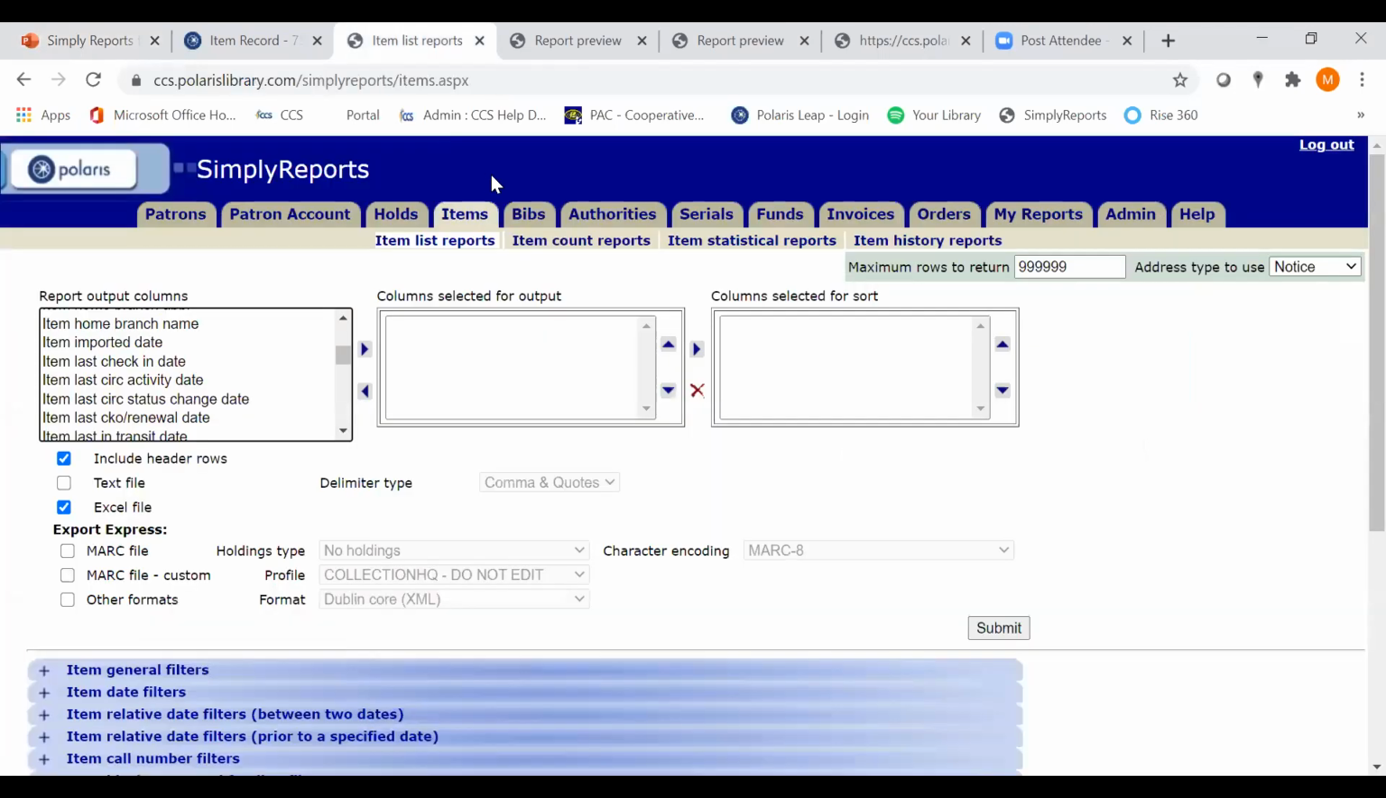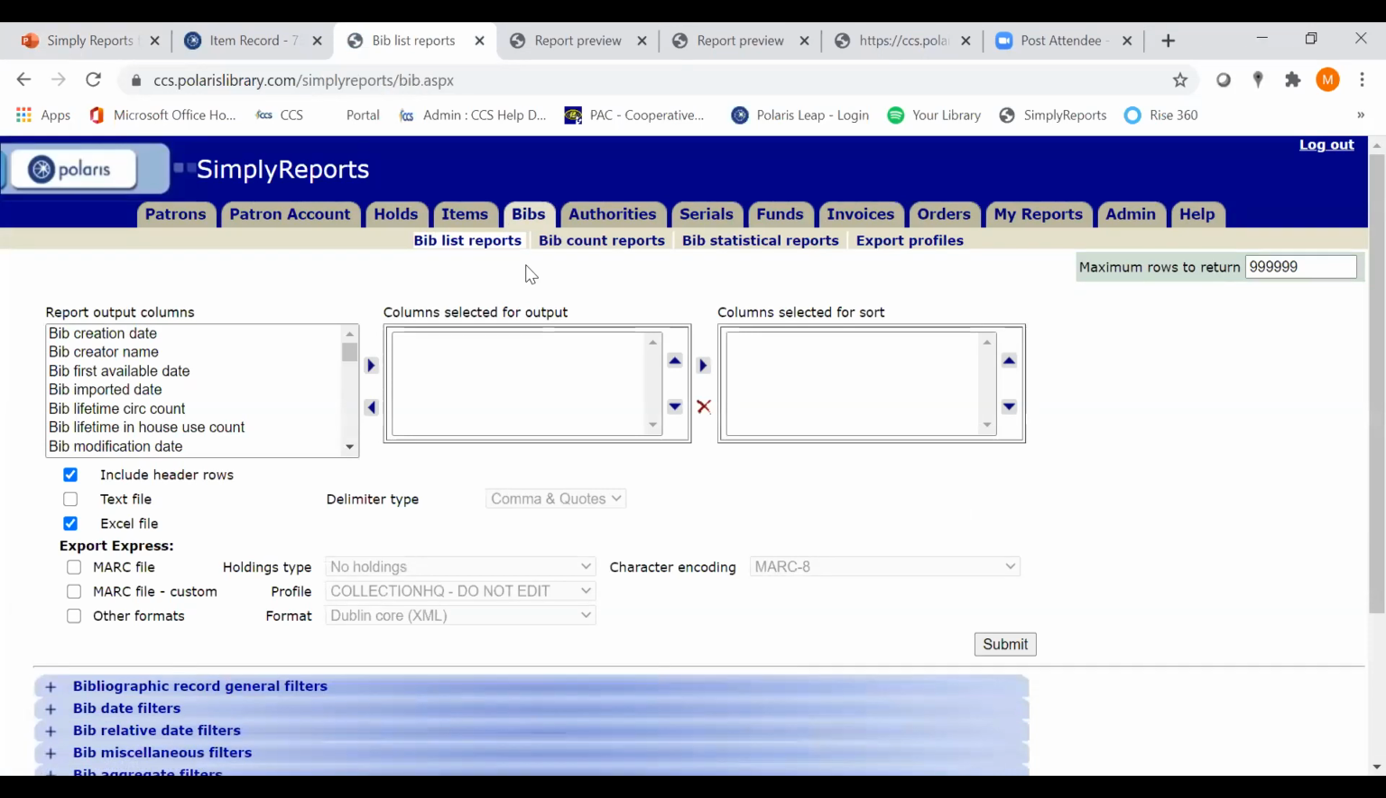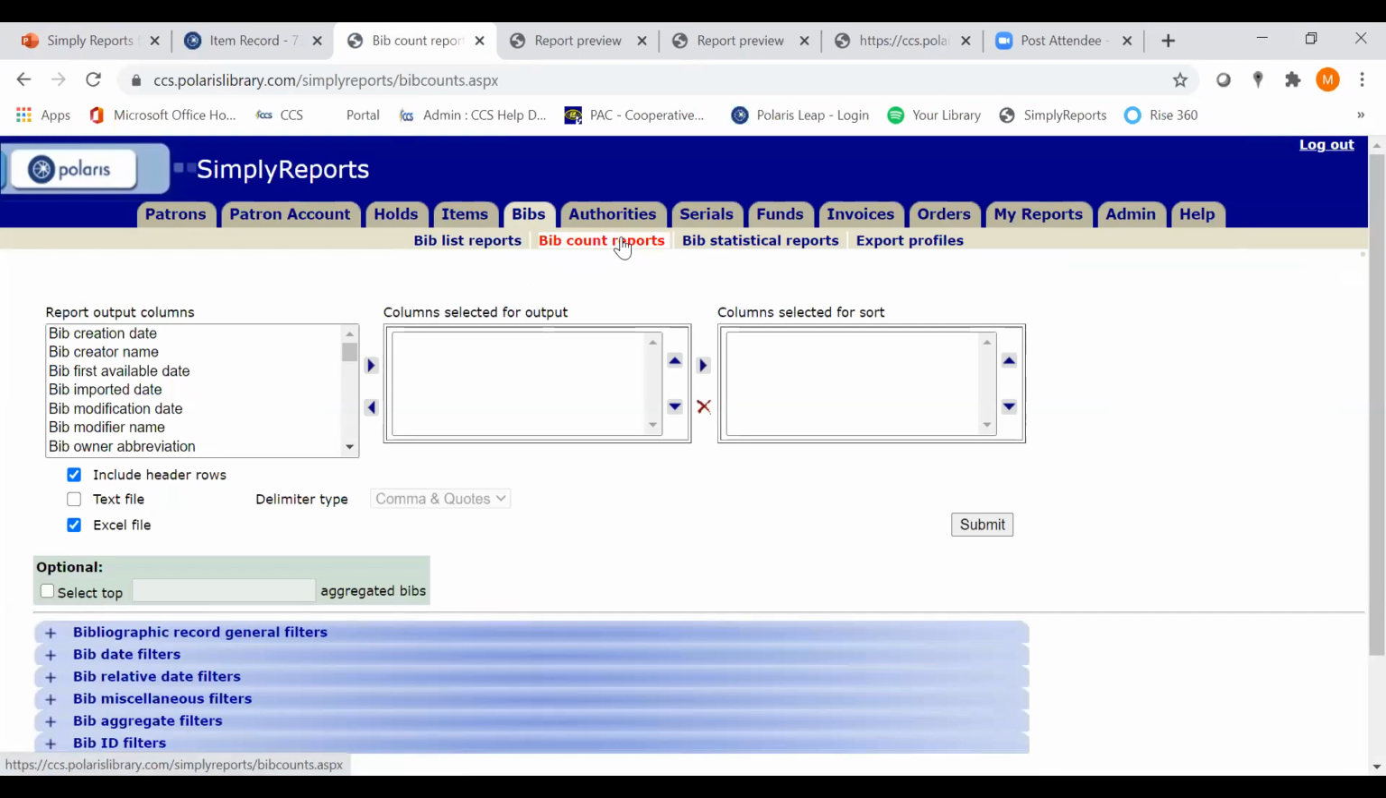For this report, like I said, we're moving away from items and we're going to move into the Bibs tab. And this is because we don't want to report about individual library items. We're instead going to focus on that title level. And we're also going to take advantage of a feature that's available in the Bib Count Report section. Let's quickly start by organizing our output. You'll see here we don't have any item output options. And again, this is because we're focused on that title level data